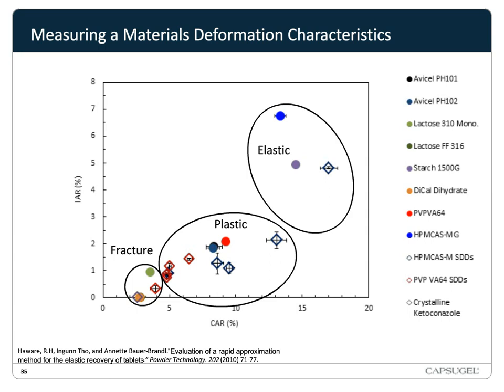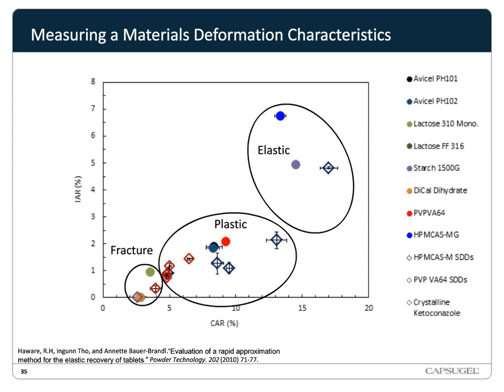So we have our Avicels, which are in the plastic region. We have our lactose and dical, which are generally in the fracture region, and PV/PVA alone, which is in the plastic region, and HPMCAS alone, which is in the elastic region along with starch. And the blue hollow diamonds represent the range of the ketoconazole HPMCAS SDDs, and the red hollow diamonds represent